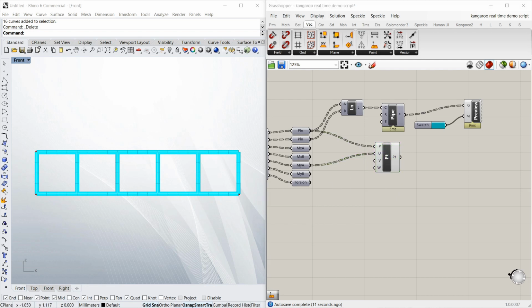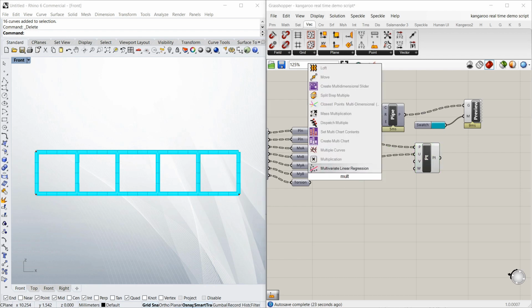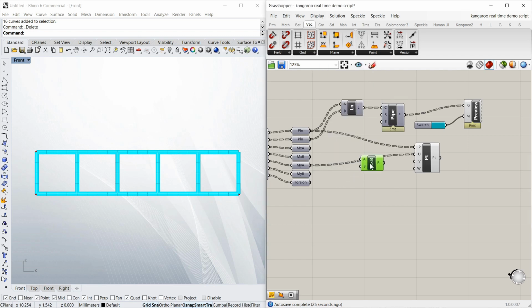Okay, so it's going to be really small, so we're going to have to amplify this. And to do that, I'm just going to do a simple multiply. I'm going to take this number,